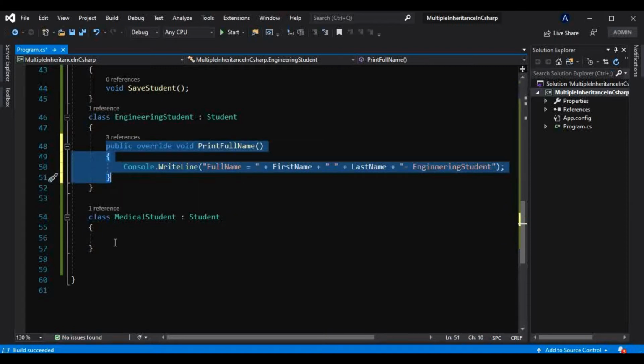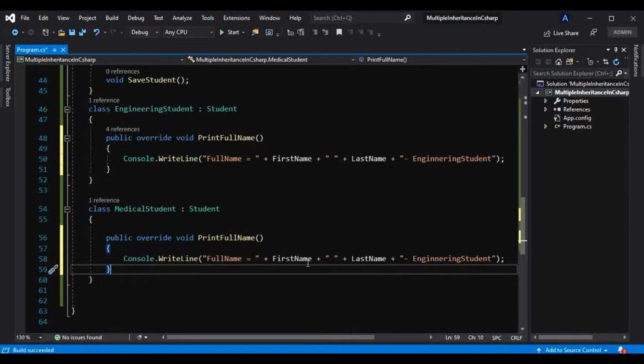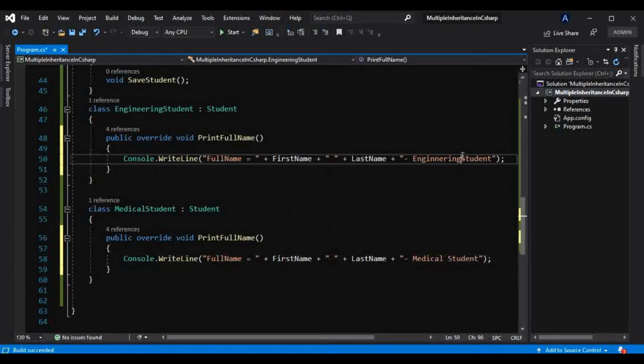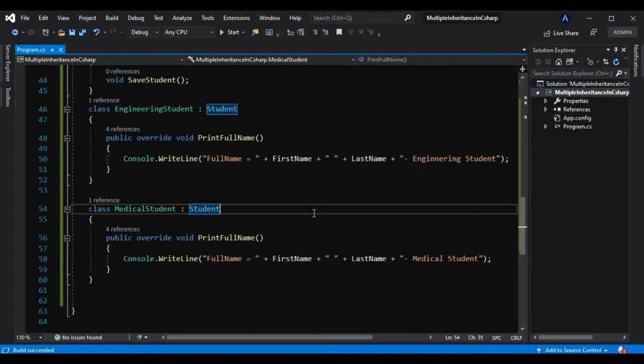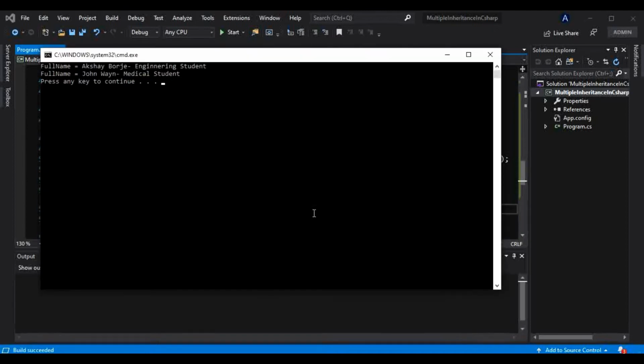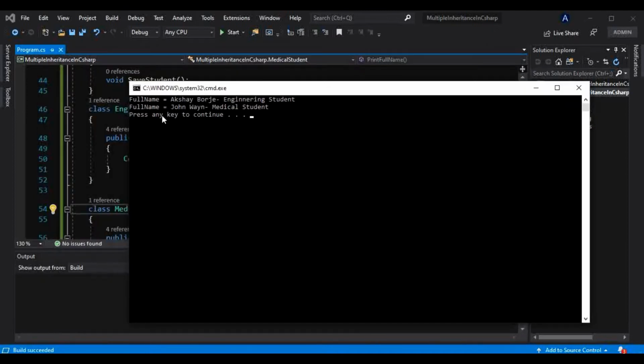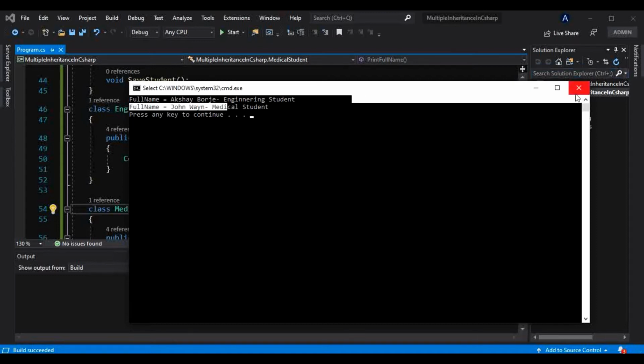And similarly here I will give a message that is medical student. I will give space here as well. Okay, and now if I run, as you can see here, it is using that specific method: Akshay Borje engineering student, John Wayne medical student.